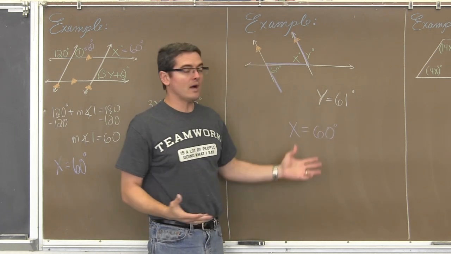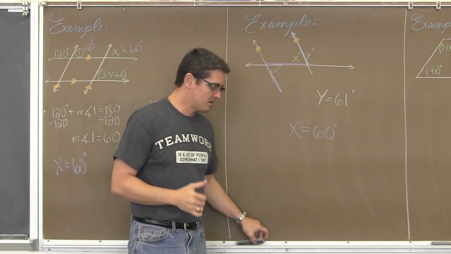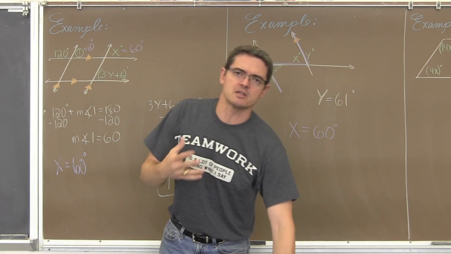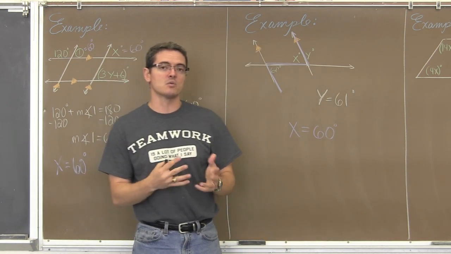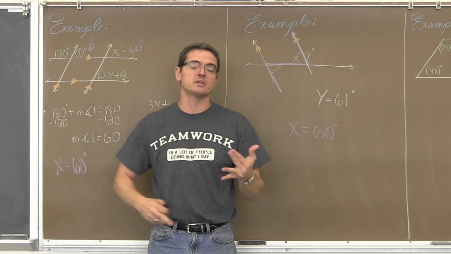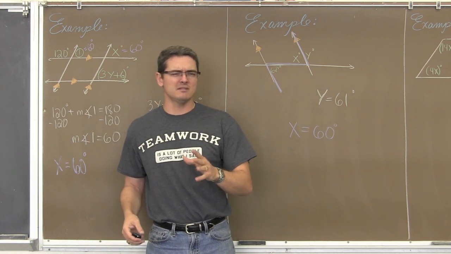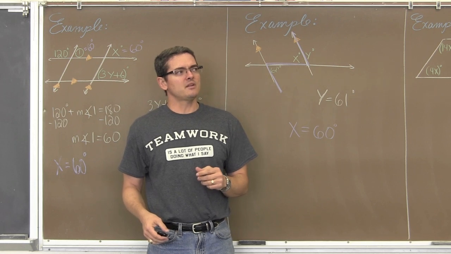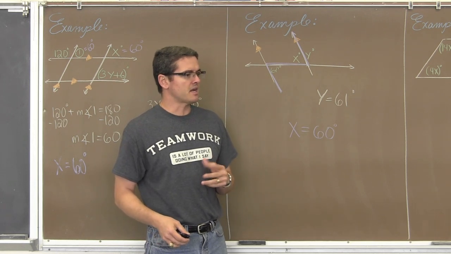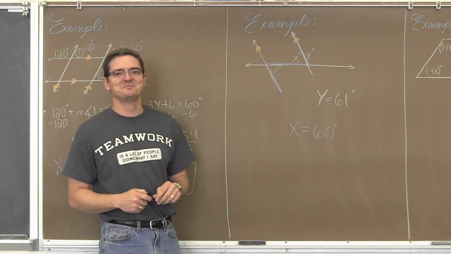So really no algebra there, just a bit more of a complicated diagram and needing to ignore the parts of the diagram that are not making the angles that we're dealing with, and hopefully being able to recognize whether we have corresponding angles, alternate interior, alternate exterior, or same side interior. I'm trying to think if an old textbook of mine used to call those consecutive angles, but same side interior angles. Let's get to the next two algebraic examples.